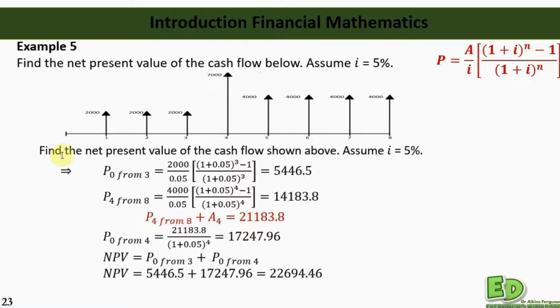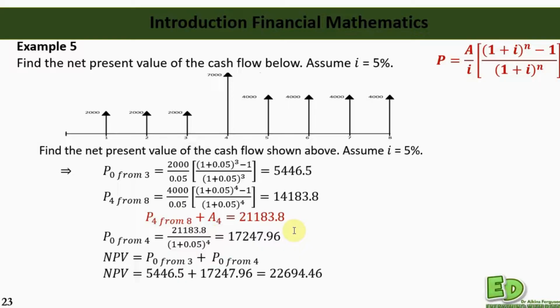Then we bring it back to year 0. So here we have a total amount of 21,183.8. To year 0 will give us 1, 2, 3, 4. It means that n is what? n is 4. But we're not going to use this formula again. Now the amount is a single sum, so you use the present value of a single sum formula. That will give you the total amount over 1 plus the interest raised to the power n, which is 4. That will give you this amount,